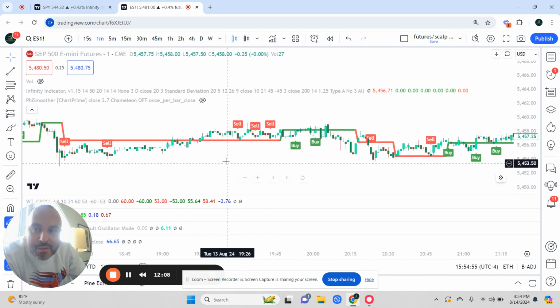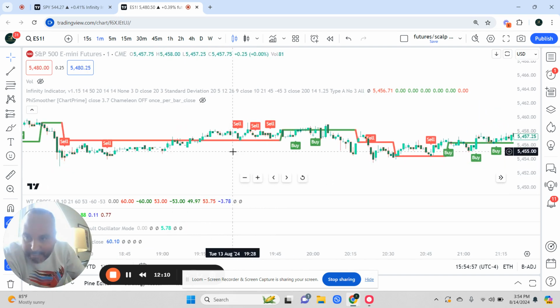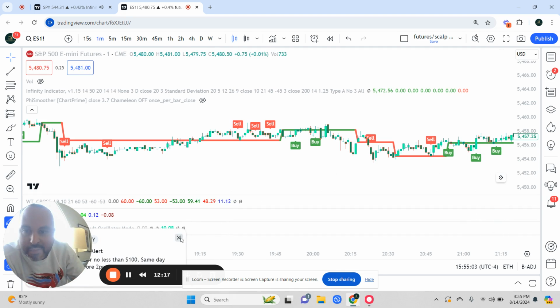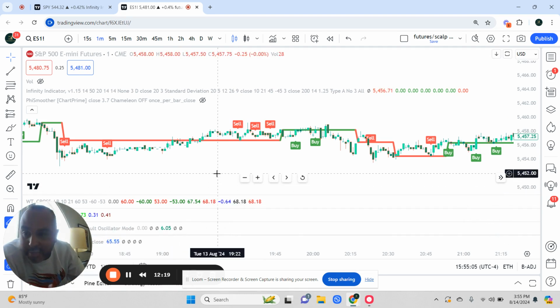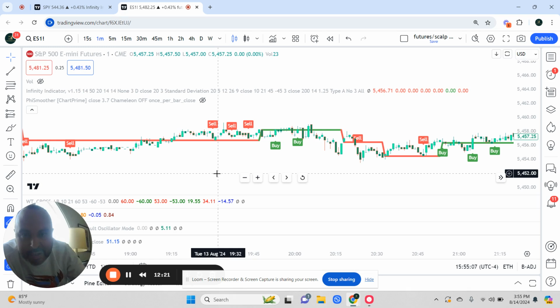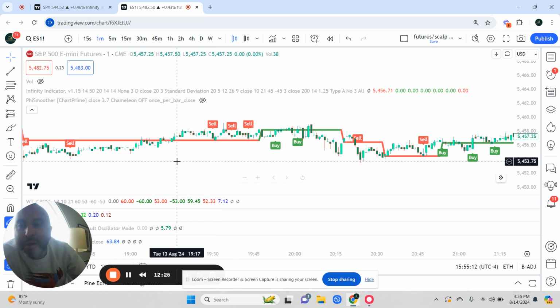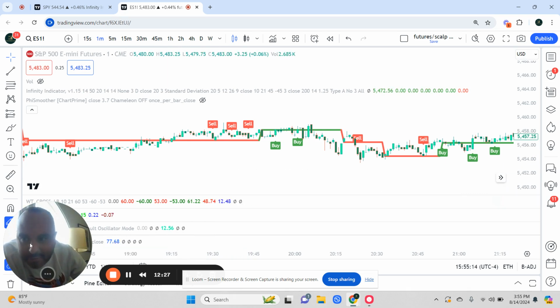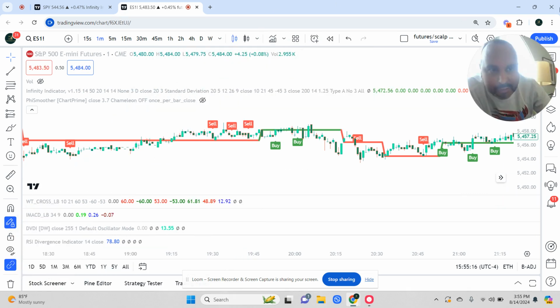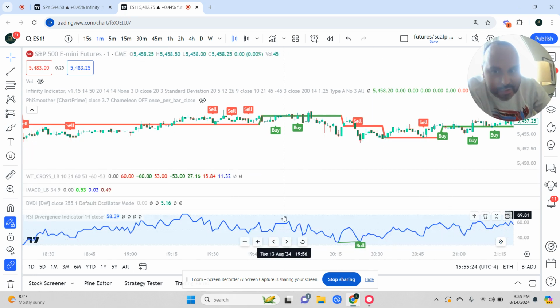Now, that being said, okay, let's move into some other indicators that you can use with the infinity indicator to help find direction. Okay, so the first one, and my head's always in the way on this thing. The first one we're going to look at is the RSI divergence indicator. Okay, so let's pull that up here,